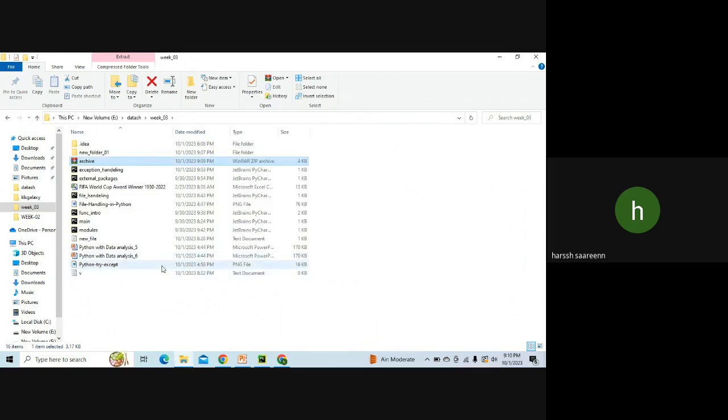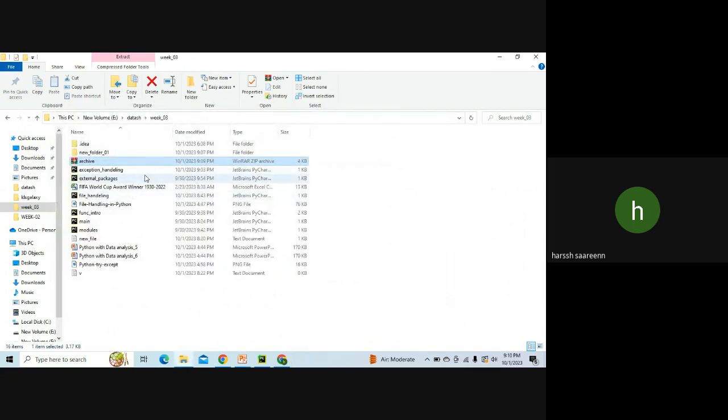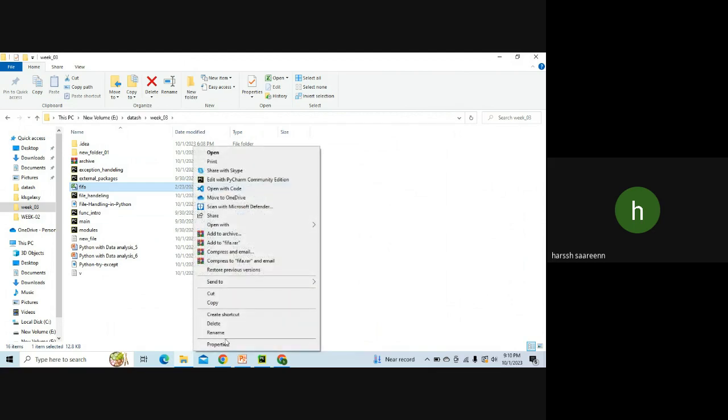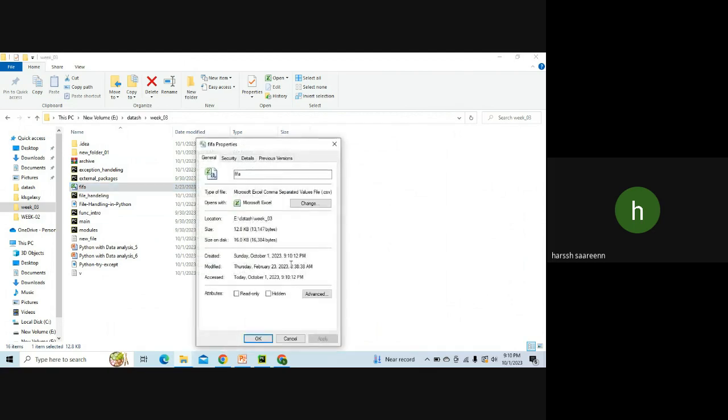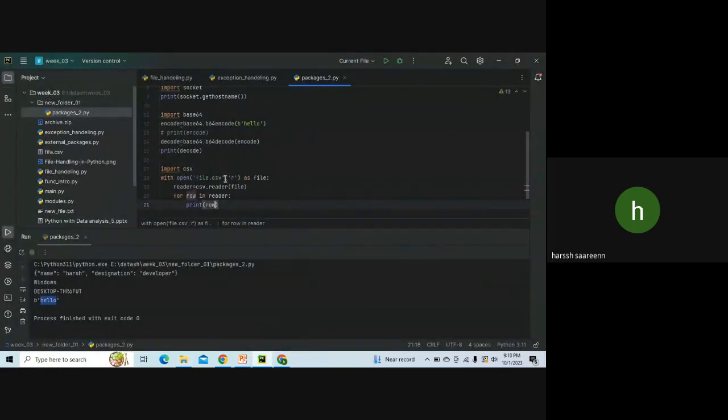What is the file name? It's FIFA World Cup. I will rename this file so that I can access it easily, so I will just write FIFA. Check its properties: it's a CSV file. So here I can access my FIFA.csv